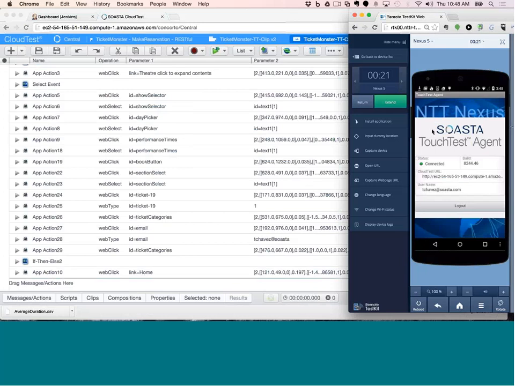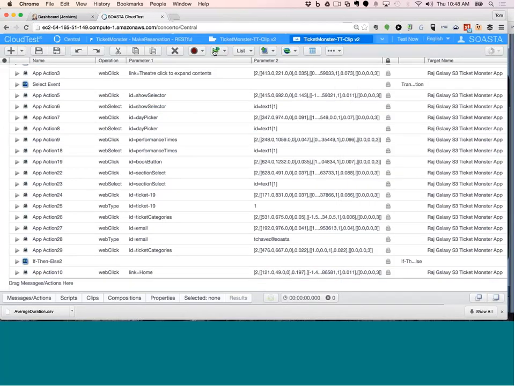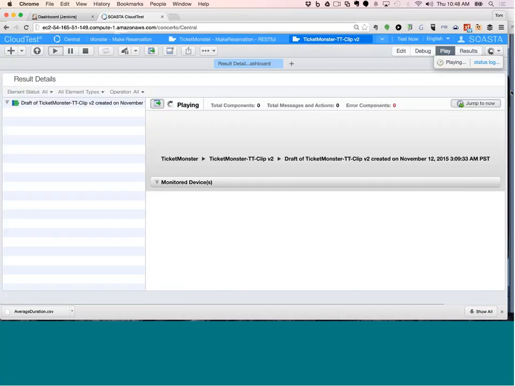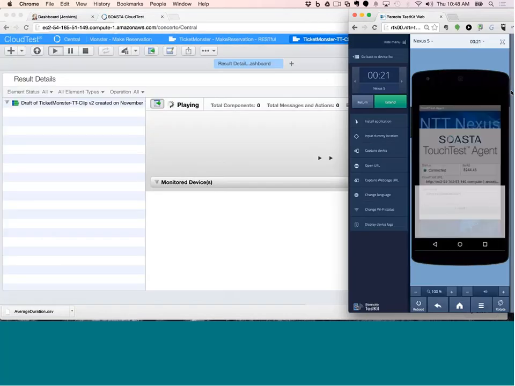They have a project called AppKit, and it lets you access up to their pool of 300 plus devices of iOS and Android variants. I've connected up to this device, and if I run a test here inside of this application, inside of our touch test application, you will see that the test will run over in the device. And the device happens to be not on my desktop, not in my lab, but the device is actually over in Japan. That's where their lab of devices is.